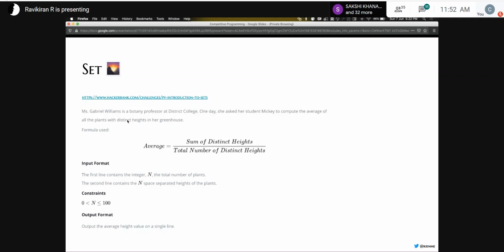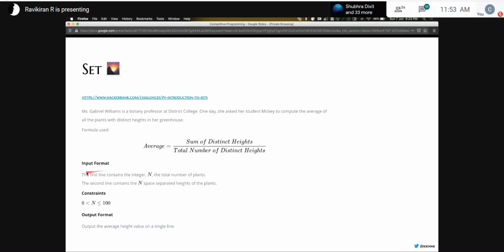Here, this person is a botany professor at a college, and she asks her student, Mickey, to compute the average of all plants with distinct heights in her greenhouse. And the formula is sum of distinct heights divided by total number of distinct heights. The key word to note here is distinct, which means that in our input, we'll have repeated values, but we'll have to ignore those.